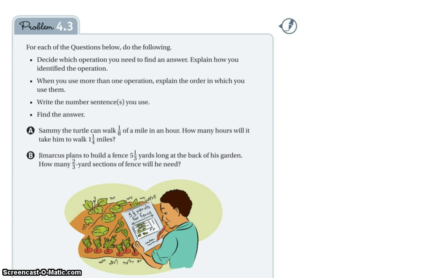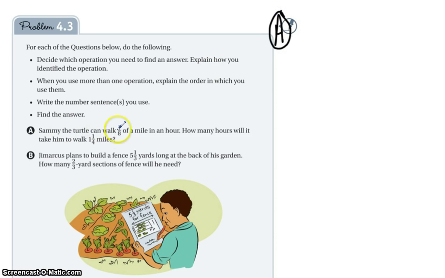All right, and we are simply going to go through these problems and decide how to solve them. So for the first, it says to decide which operation we need to find an answer, explain how we identified the operation. When we use more than one operation, explain the order in which you use them, write the number sentence or sentences we would use, and then find the answer. All right, so for A,